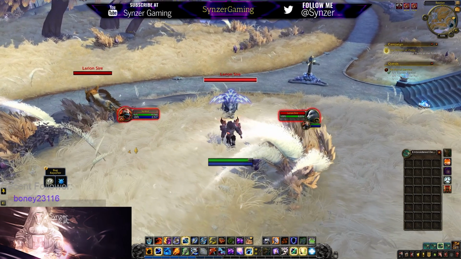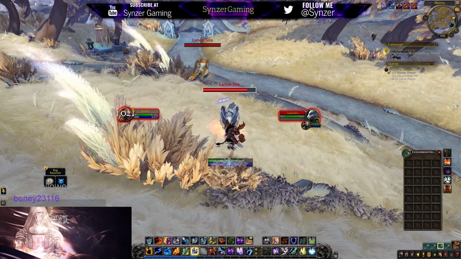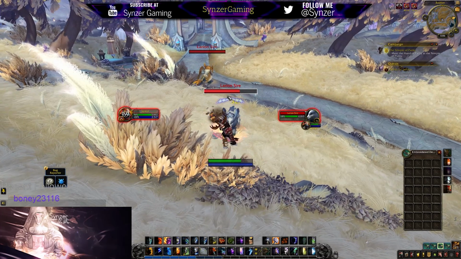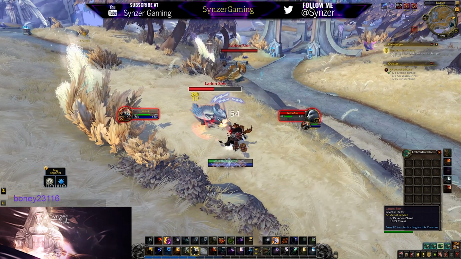Today we're going to be looking at the Shaman Covenant abilities and comparing them, since now we can look at all of them. So, the first one I'm going to go over is the Kyrian ability,